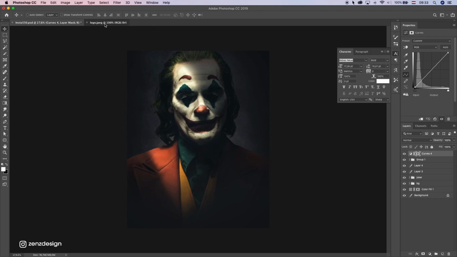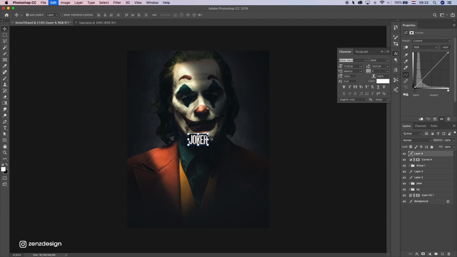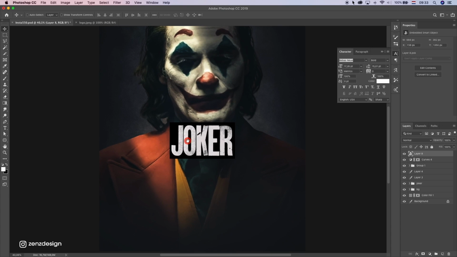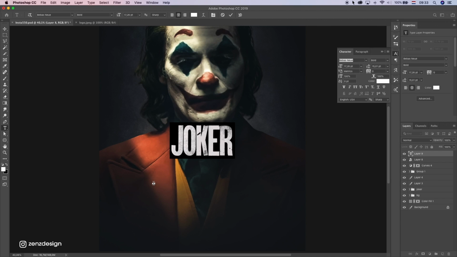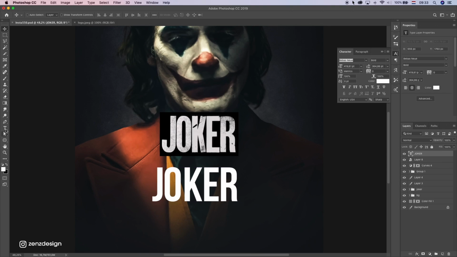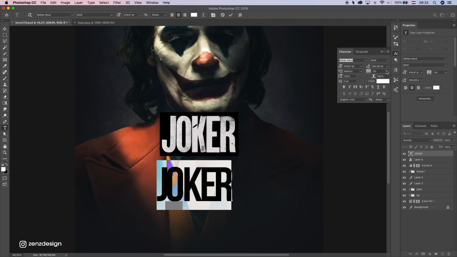All right, now this is the font, the logo that they have, and let's paste this here. I'm not sure which font it is, but I'm just gonna show you how to create this effect on text. So I'm just gonna use something that looks a little bit like that. And let's see, let's make this... that's just too much.